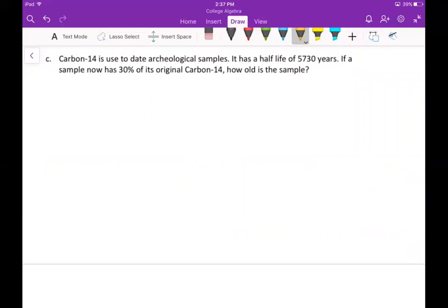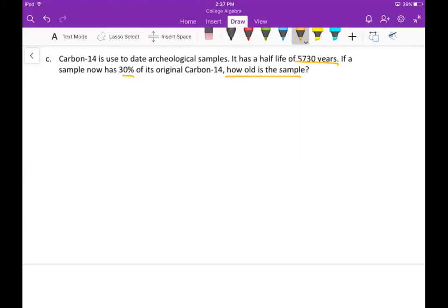This one is about half-lives, okay? So we're doing an exponential decay function. We've got carbon-14, which is used to date archaeological samples. It has a half-life of 5,730 years. And if it now has 30% of its original carbon-14, we want to figure out how old the sample is. This is a lot like one that you worked on in your presentation question. So if you happen to get that one wrong, make sure you pay attention here so you understand how to